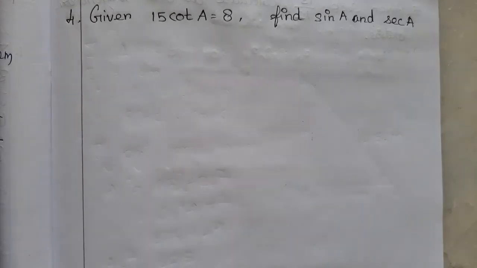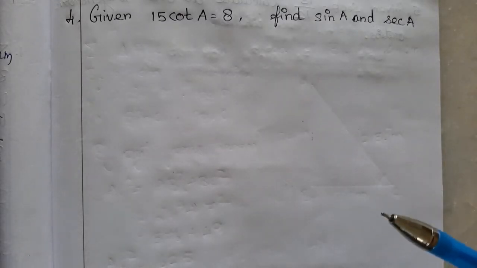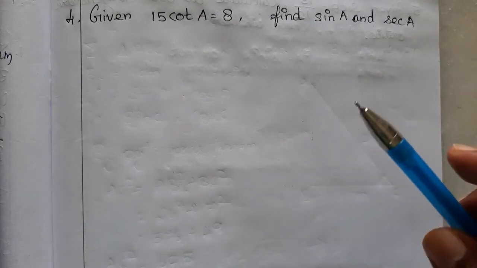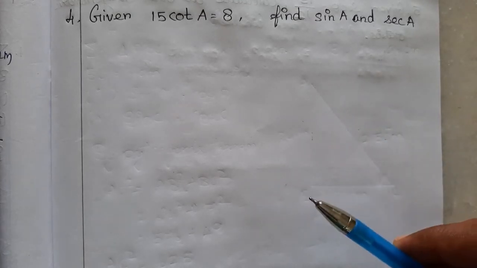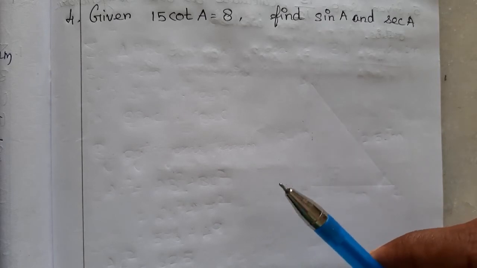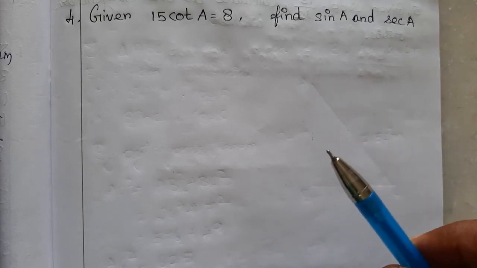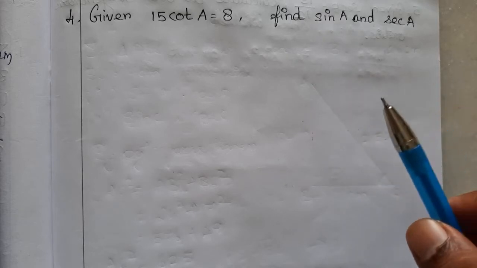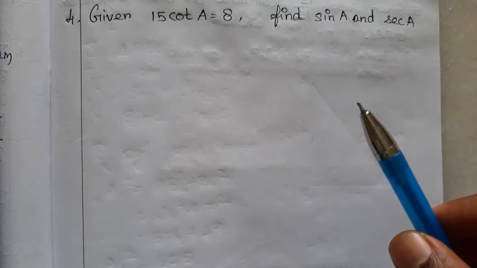Hi students, today we are going to continue with the problems based on the trigonometric ratios. Let me start this presentation by recalling the ratios. That is, sin theta is equal to opposite by hypotenuse, cos theta is equal to adjacent by hypotenuse. I am mentioning theta here instead of A and B; we can apply it for those as well. Tan theta is equal to opposite by adjacent,